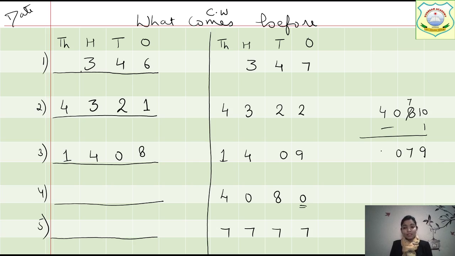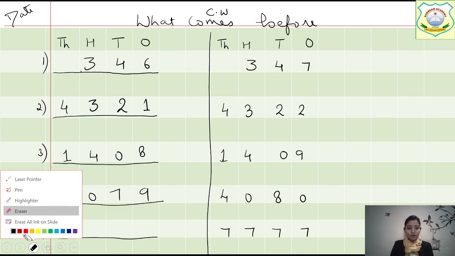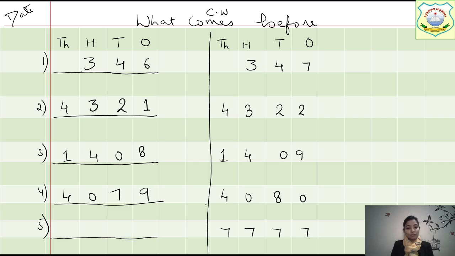Here is 7, 0, this. So what number did we get? 4079. 4079 के बाद क्या आता है, 80. So you can write directly also, and if you have any confusion you can solve and then you can do. Clear? If you solve, then you will be very sure that you have done it correctly. Alright. So basically which place do we need to see? The ones place for the before and after number. Now next question,